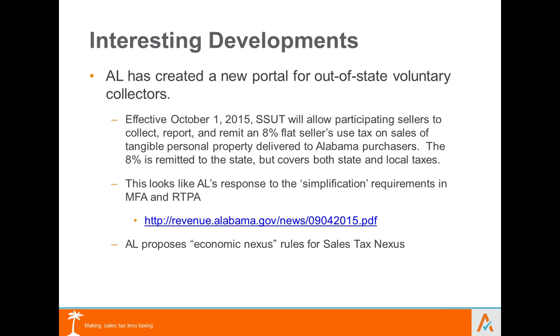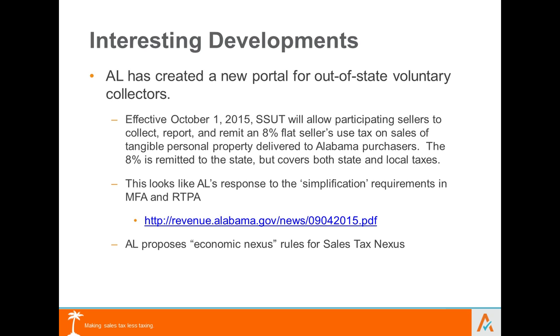This is a way for the states to push the envelope to see if they can maybe get a little action out of the Supreme Court, maybe get the case in court that might change the game a little bit. So it's really something just to keep your eyes on, guys. But again, like I mentioned earlier, with that New York and click-through nexus and the success they had, if Alabama finds success with this, meaning Alabama courts bless it, even in the face of Supreme Court context, it won't be long before the other states start doing the same thing.